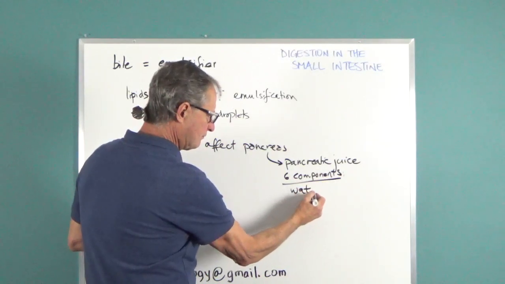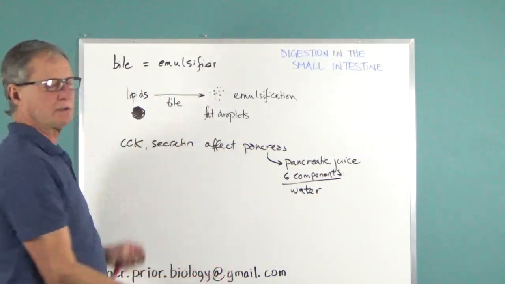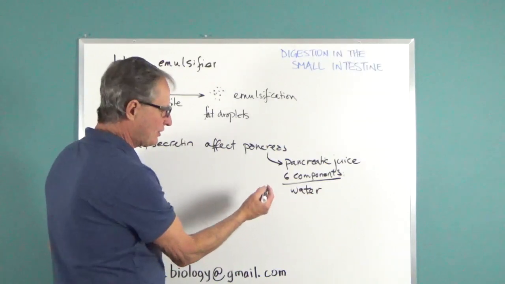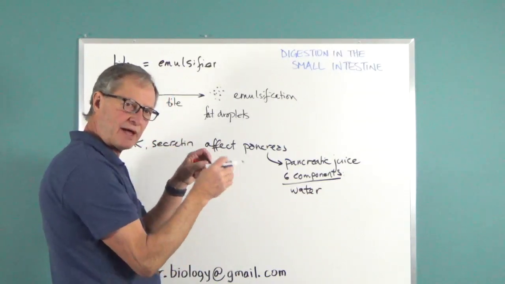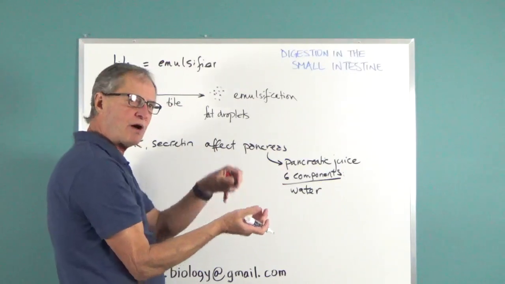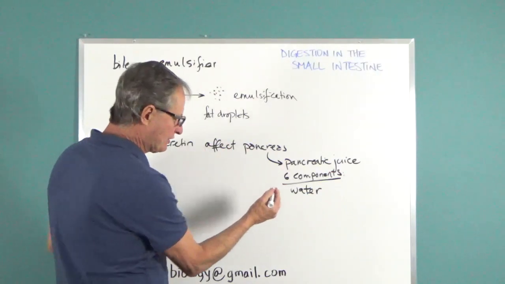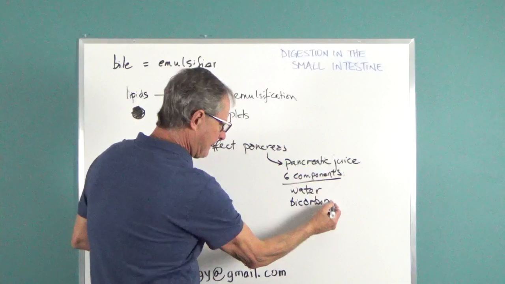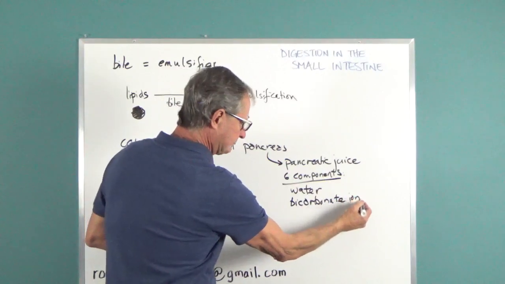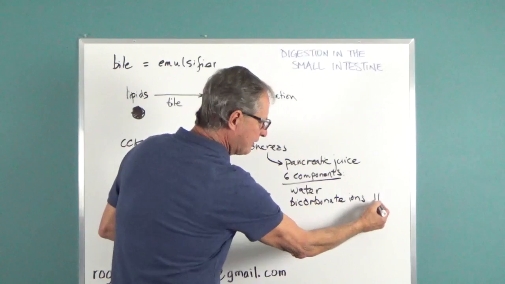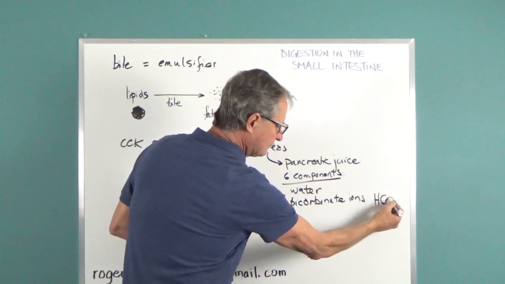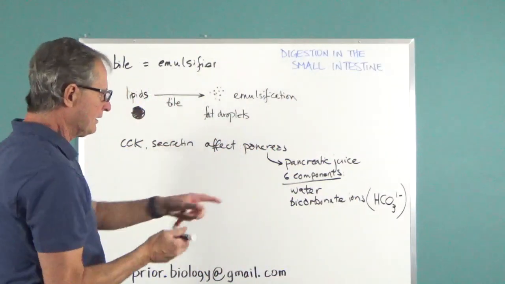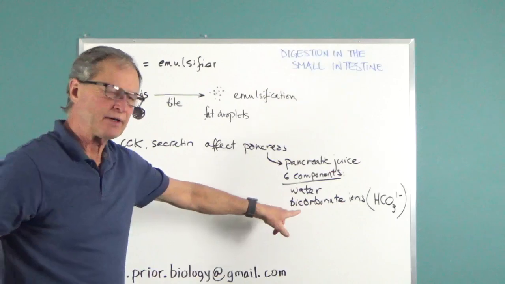Water. Water is required throughout the digestive system because digestion is a hydrolytic process. All of these molecules have to be taken apart. Every time a chemical bond is broken in them, a molecule of water is added to it. So it's hydrolytic reactions. There's bicarbonate ions. Actually, they come as sodium bicarbonate, but it ionizes. Bicarbonate ions like that. The significance of the bicarbonate ions cannot be understated